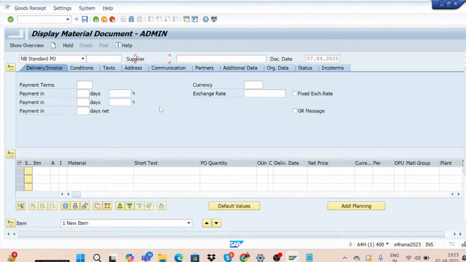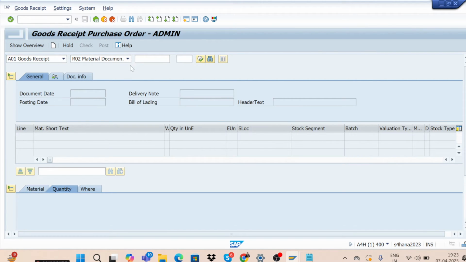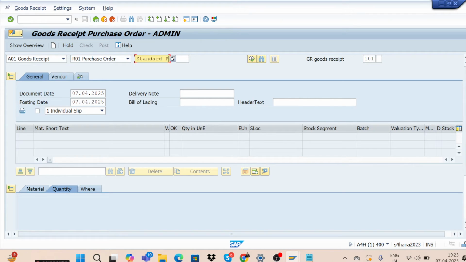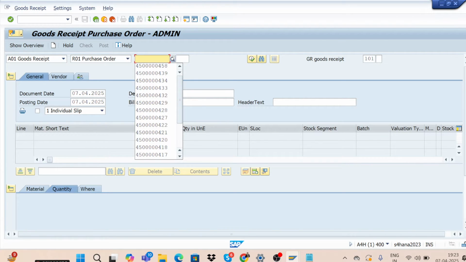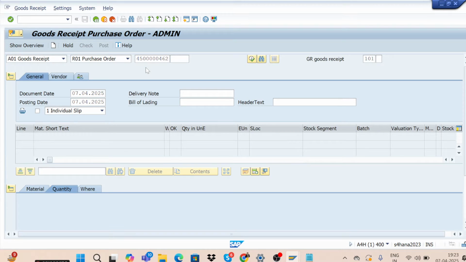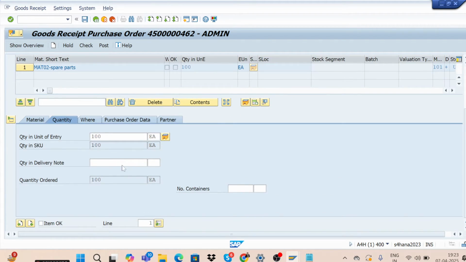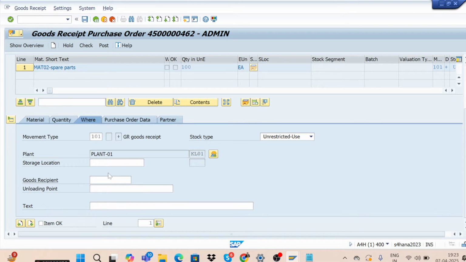Let me do that using T code MIGO. Hit enter. Select the goods receipt option. Give your PO number here. Just copy from here and paste it. Hit enter. Let me give the storage location.